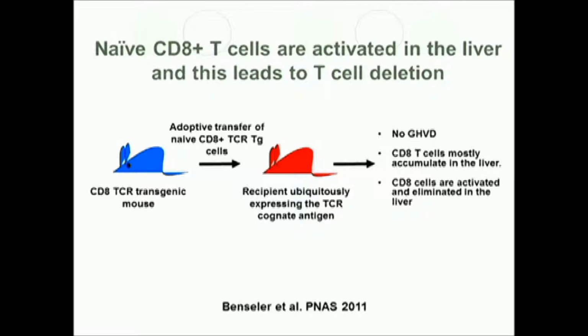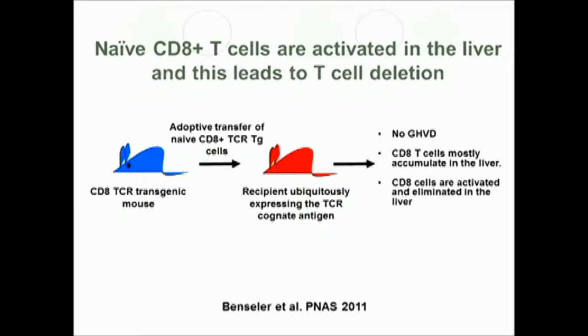Now, I'm going to show just two examples of how powerful these tolerance phenomena are. These are two relatively recent papers in murine models. This is a paper published by the group of Patrick Bertolino in Sydney, where they transfer naive CD8 TCR transgenic cells into a recipient that ubiquitously expressed the cognate antigen for the TCR transgene. Now, in contrast to what one would have expected, no graft versus host disease occurs in this model, and the reason is because these naive CD8 cells